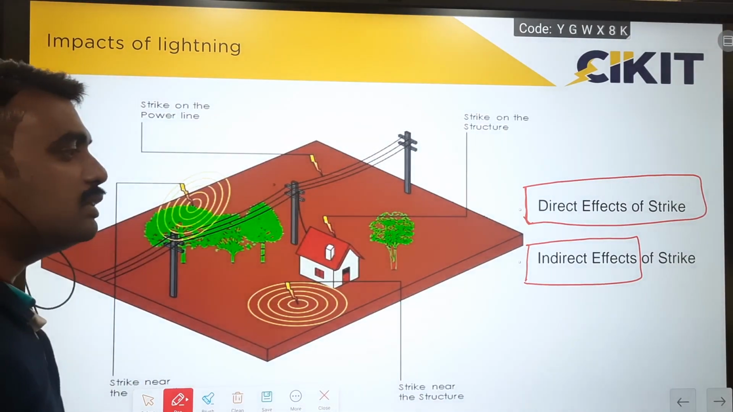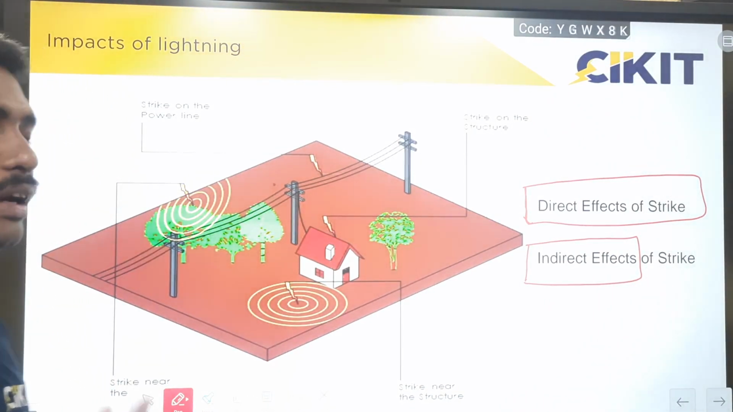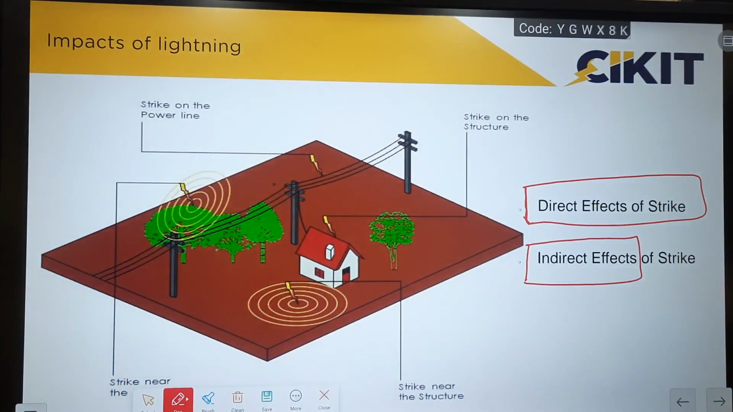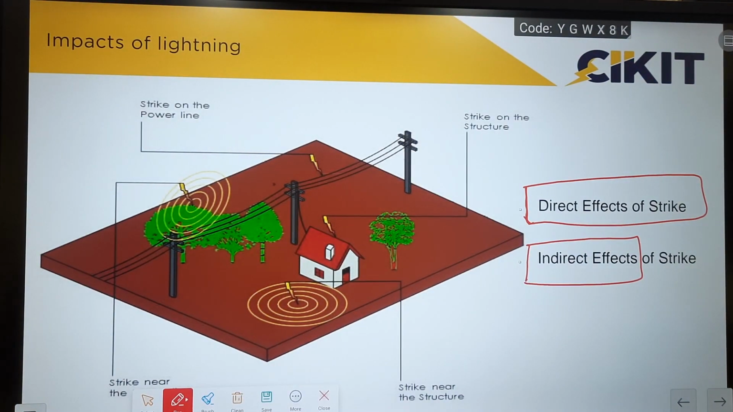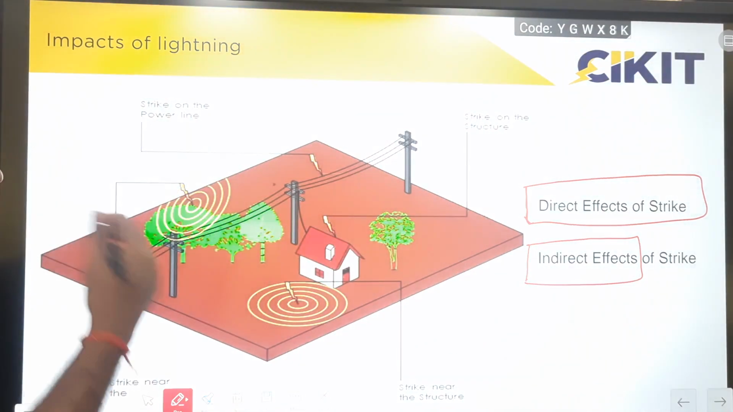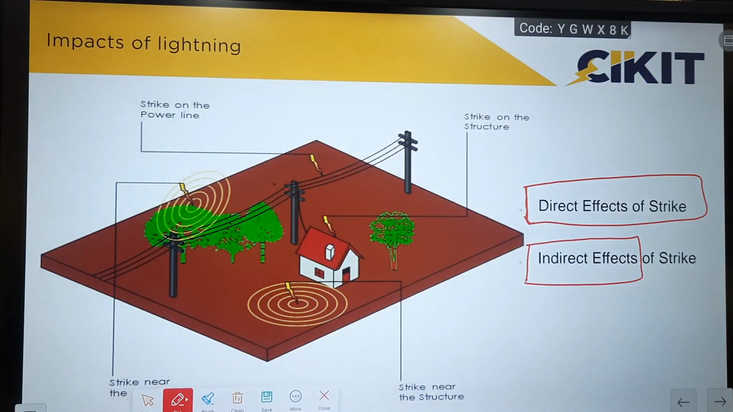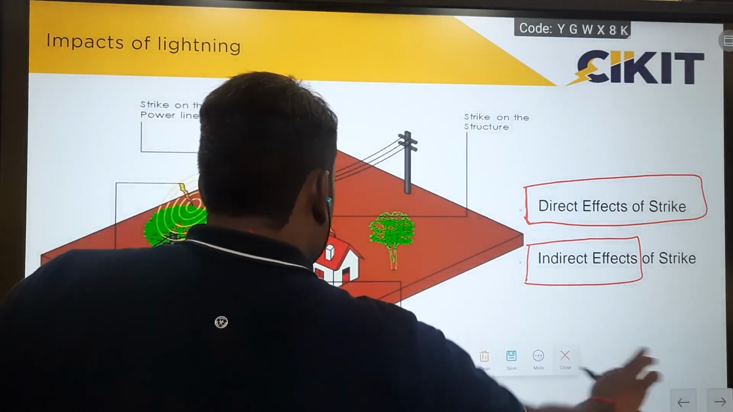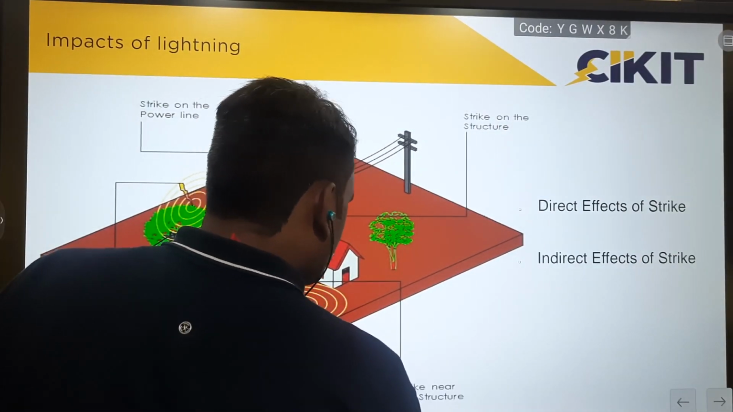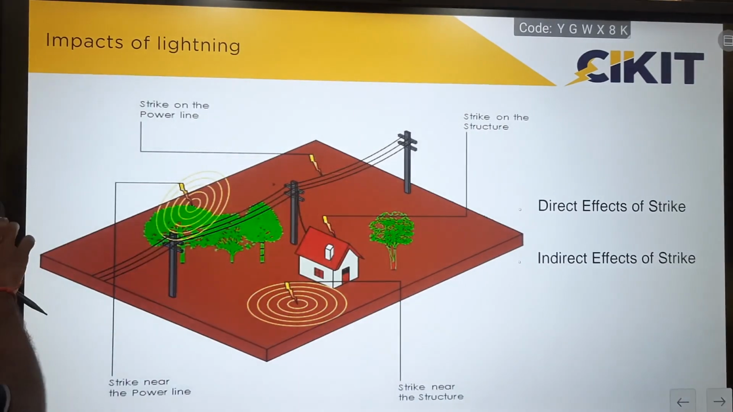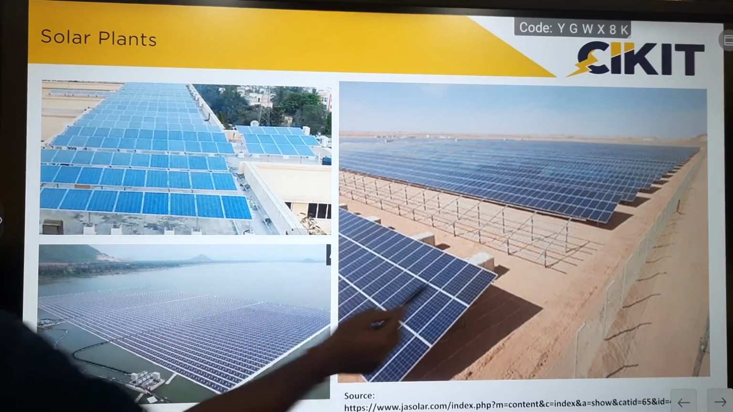So in solar panels, both direct and indirect effects have to be considered while designing these lightning protection systems. As I mentioned, the indirect effects are due to the surges induced. The indirect effects can be caused in three ways. First one is